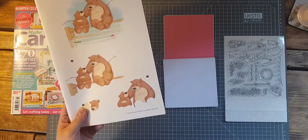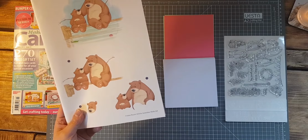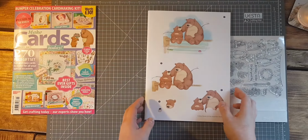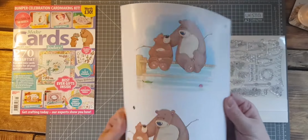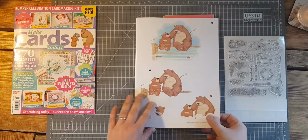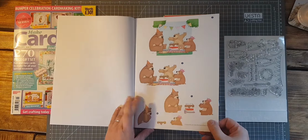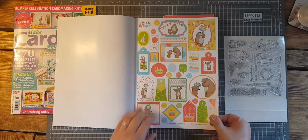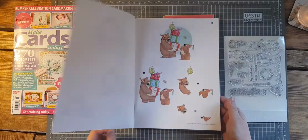So I'm assuming this is going to be the papers, toppers, motifs and sentiments and decoupage sheets. So first thing I've noticed is this is all paper. Okay, so for all these bears that I thought were super cute, they are all paper. There's no perforation. So if I'm going to use this how it suggests, where you layer it up, I'm going to have to fussy cut all these individual pieces,